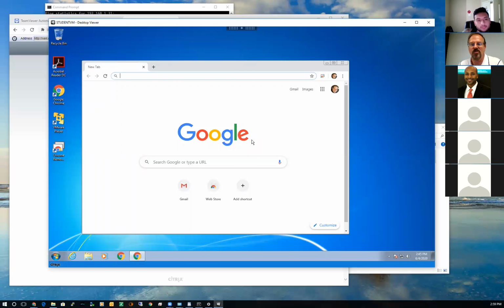Or TeamViewer or Chrome Remote or GoToMyPC. There's always going to be some little bar somewhere. It's either going to be at the top here, or on the side, or on the bottom. And they're all a little bit different, but they all generally have the same kind of function. There are certain things that you need to do on a remote computer that you can't do locally. Like, for example, what if you needed to press Control-Alt-Delete to reboot this remote computer? If I were to press Control-Alt-Delete right now on my laptop here, it's going to reboot my laptop, not the